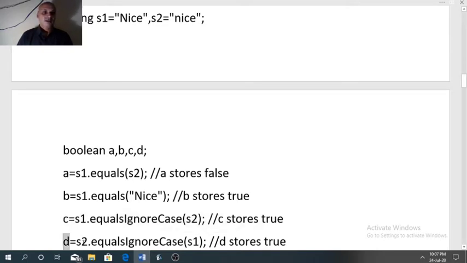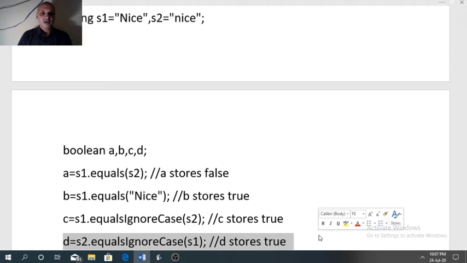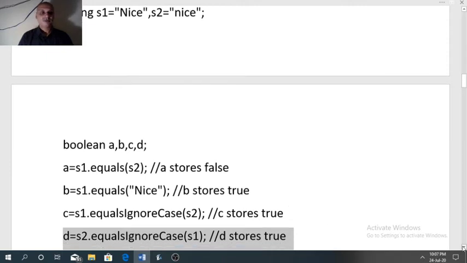D equal to S2 dot equalsIgnoreCase S1. S2 is written on the left side, S1 is written on the right side. Since both the words are the same, only the case is different, so here also the function will return true.